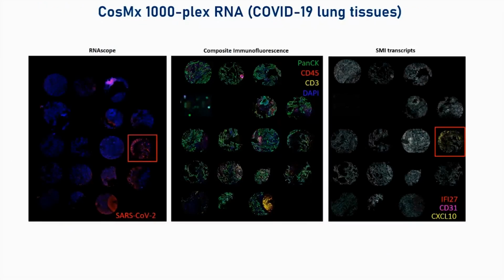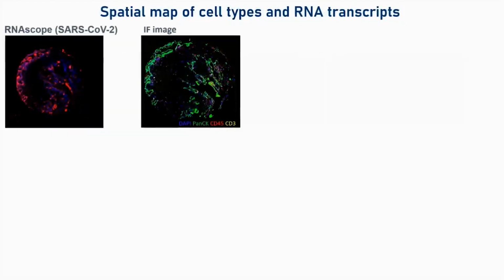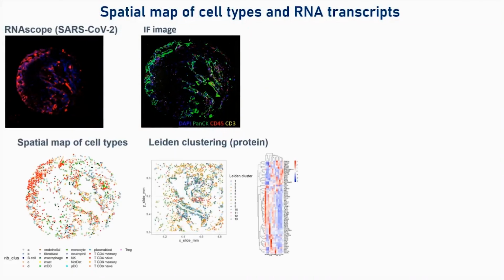And so we could then look at the same approach that we used at a multicellular readout. We could take the RNA scope data, overlay that with the multiplex immunofluorescent data, and then look at the transcript level readout using this approach. And so what we could see is this is now just digging down into a single core from a single patient. We've got the RNA scope in the top left, the multiplex IF image in the top right, and we can now cell type, I'll go into that in the next slide, and look at the individual cell types within this tissue.